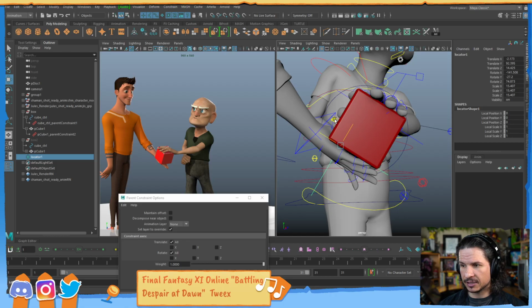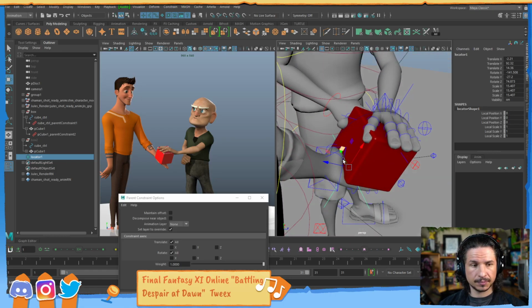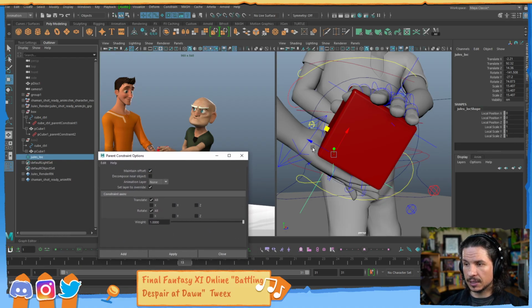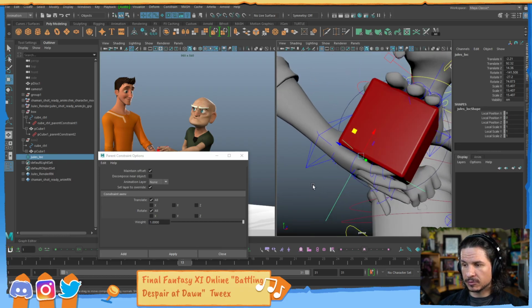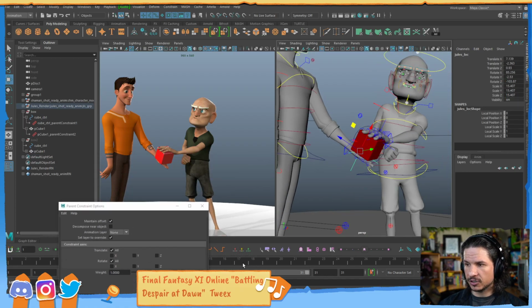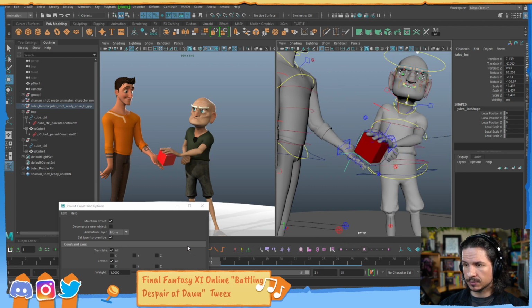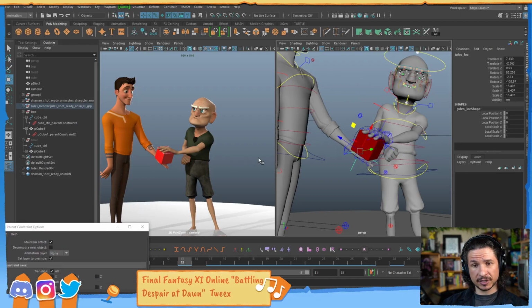Now let's put this locator into Jules' hand right there. And I'm going to rename this Jules locator. I should have probably named the other one Shaman locator, but that's fine. So Jules locator. And right away, I'm just going to parent it to the wrist right there. So now, if we watch our animation, that locator follows the hand like that. There we go. So going back to the frame where the switch needs to happen,